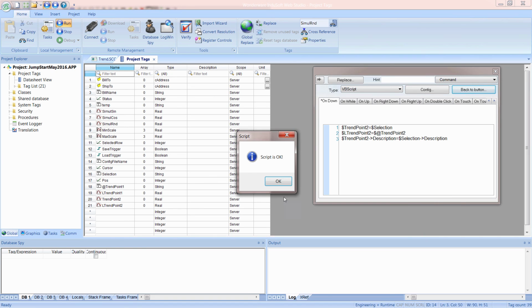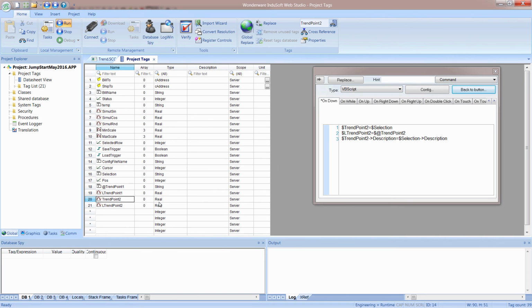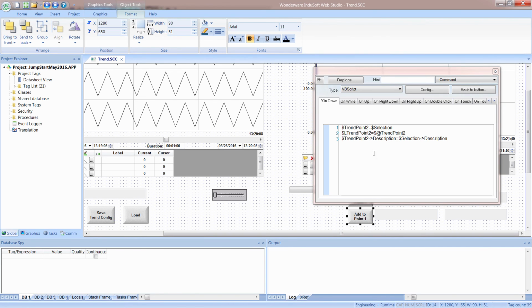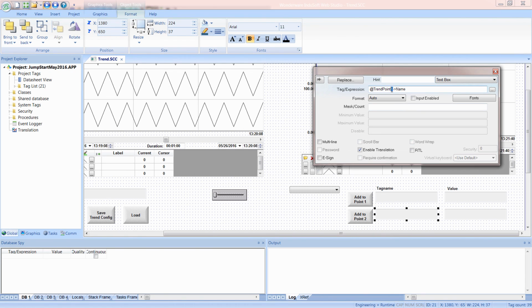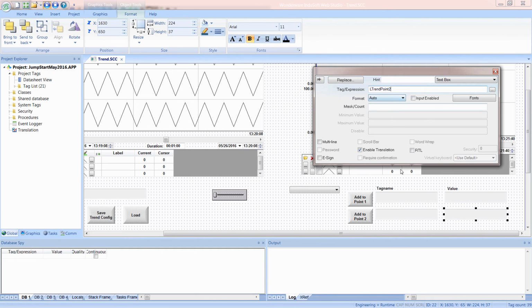Why didn't that get caught? We'll see if this doesn't work here. So trend point 1, trend point 2, I think this needs to be a string type tag, and I want to change this to reference the caption of 2, and then I want to change this to be trend point 2, and then this to be trend point 2,